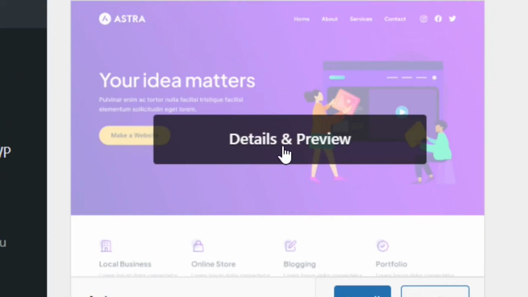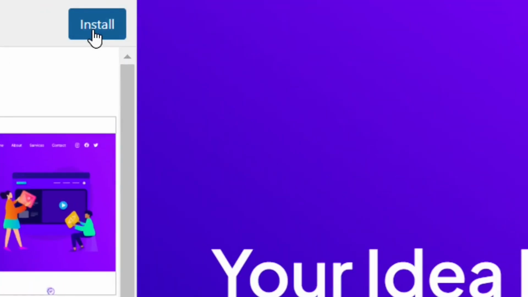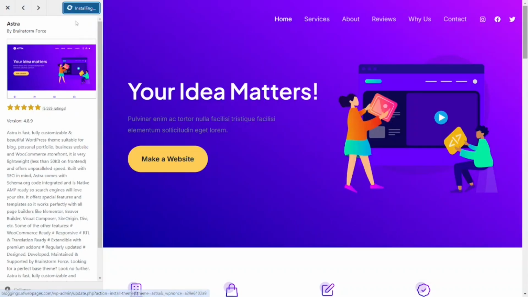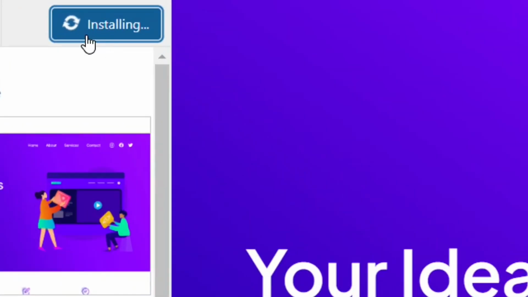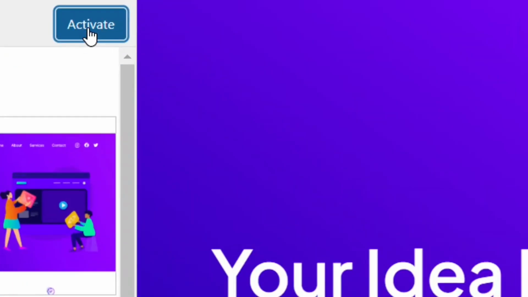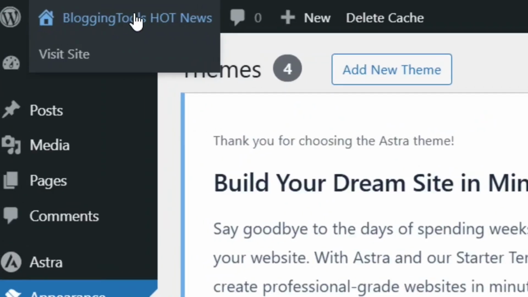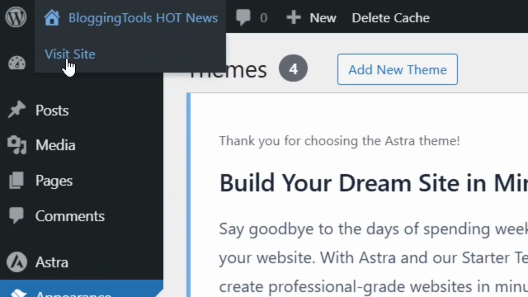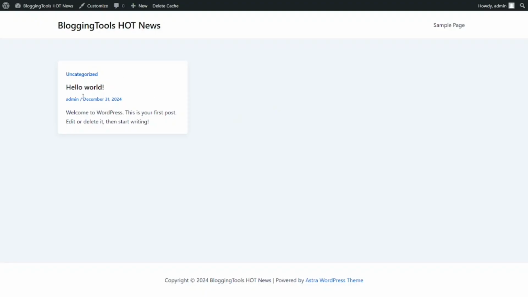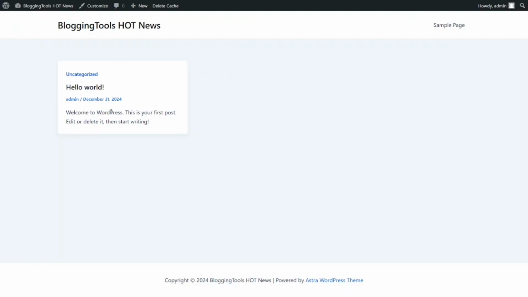So when you click on it, it is going to show you the website. Simply click on the install, and then as you can see from here, it is installing. Okay, so after it finishes installing, all that you have to do is simply activate it by clicking on the activate. So when you click on the activate, it will be activated for you. So put the mouse on the visit site again, and you will see that you have successfully installed our theme. Okay, now all that you have to do is to simply customize your website,